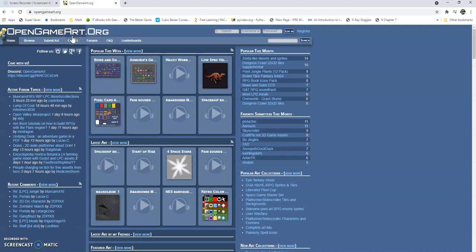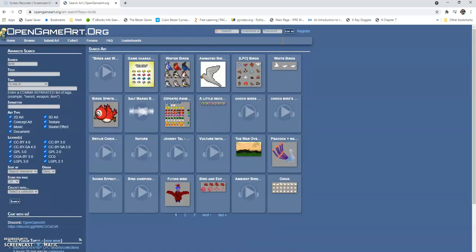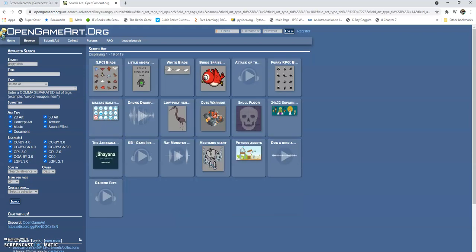opengameart.org, and there's tons of stuff here. You can just simply search, and all I did was look for birds, right? For angry birds, you can look for backgrounds, and you can find sounds, you can find pixel art, 3D models, almost everything, right? I don't even know if I put in angry birds, if that would be better. Maybe disgruntled birds, I don't know, right? You can search for whatever you need, and you should be able to find pretty well